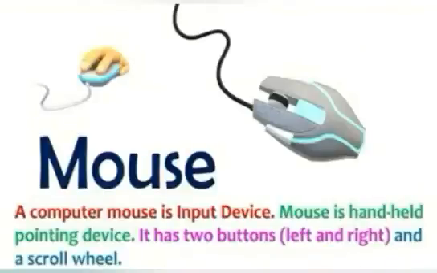Next topic is the mouse. Mouse is an input pointing device. It allows us to select and move an object. The mouse should be kept on the mouse pad for smooth flow. The mouse ball helps to move the pointer on the screen. There are 2 buttons on the mouse, right button and left button. These buttons are used in different ways: for single clicking, double clicking, dragging and dropping.